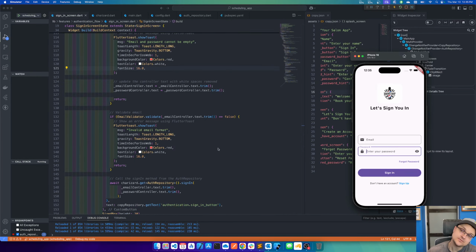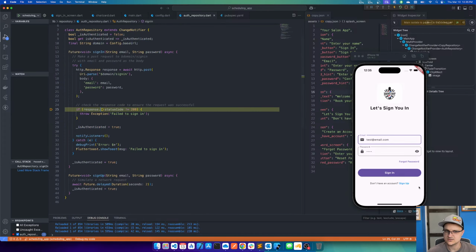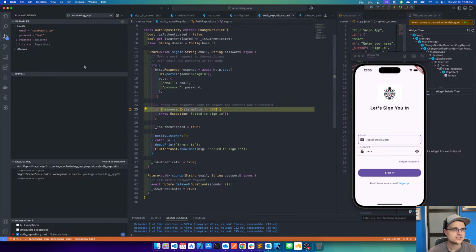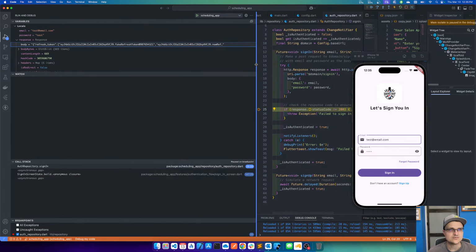So we'll do test at John or at email.com. Actually, we'll test our test. Sign in. Invalid email format. Cool. So that worked. Now sign in. All right. So we got a response. Cool. So the response, we got a refresh token, and we got